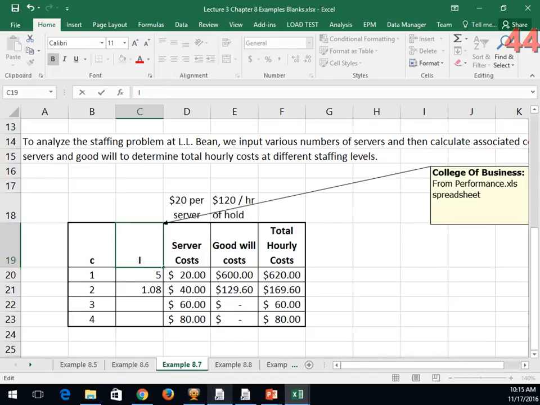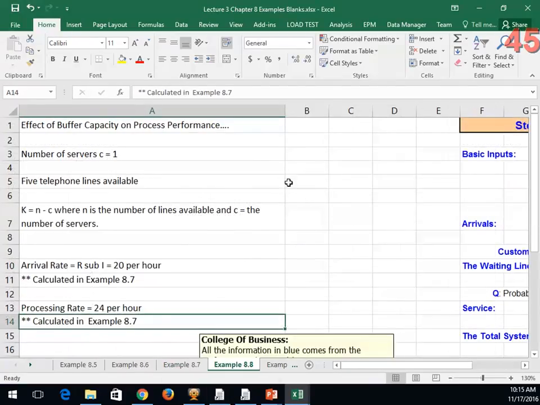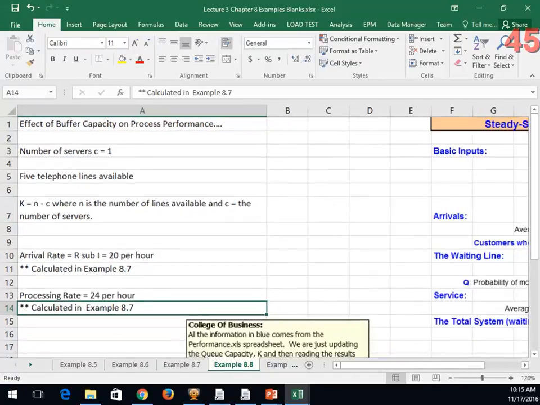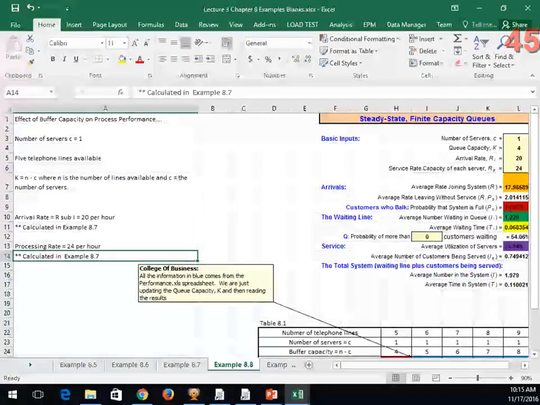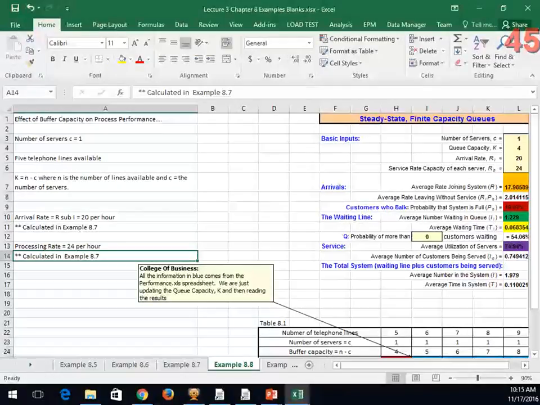So you have to pay attention to how they're identifying their goodwill costs. Okay? All right, in example 8.8, we're going to take a look at LL Bean's call center, and it's currently staffed by one CSR who takes an average of 2.5 minutes to handle a call, and suppose that calls come in at an average rate of 20 per hour. So it's telling me that I have, from the problem,